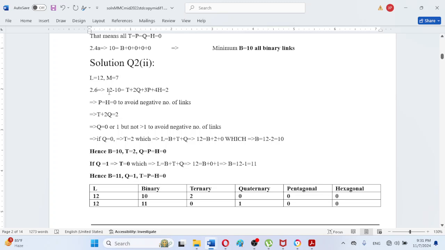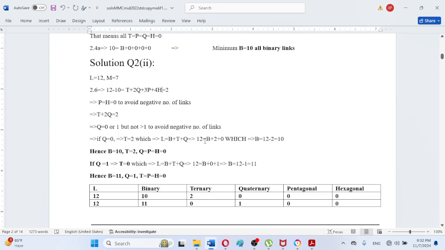So this equation will result in t plus 2q being equal to 2. Here we can observe that q can adopt only two values, 0 or 1, and cannot adopt a value greater than 1. If q is equal to 0, then simply t will be equal to 2, meaning 2 ternary links, and this will give the other equation,